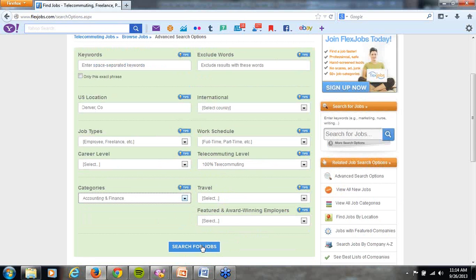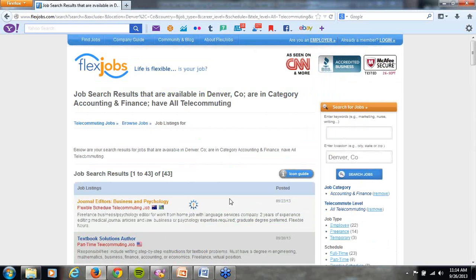There we go. And before we do the search, I forgot to mention, if you forget what any of these boxes might mean or you need some clarification, there's a little blue tip in each upper right corner. If you hover your mouse over that, it will bring up the specifics about that job. Very helpful. Just gives you a little additional information if you're feeling lost. All right, so when we get that criteria in and we click search for jobs,